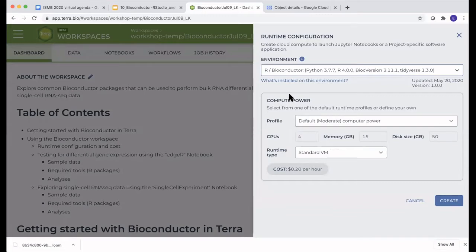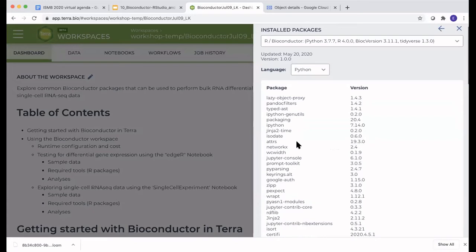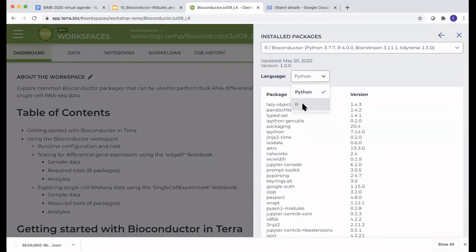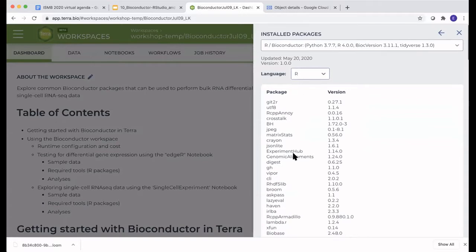One thing I want to point out about selecting the runtime environment: if you ever wanted to know what's installed on that environment, you could go to "what's installed on this environment." This is handy if you want to see what kind of packages are available, particularly Bioconductor packages. When you click on that link, it'll default you to the Python packages in the environment. And if you wanted to know about Bioconductor packages, you could switch over to the R language and see them